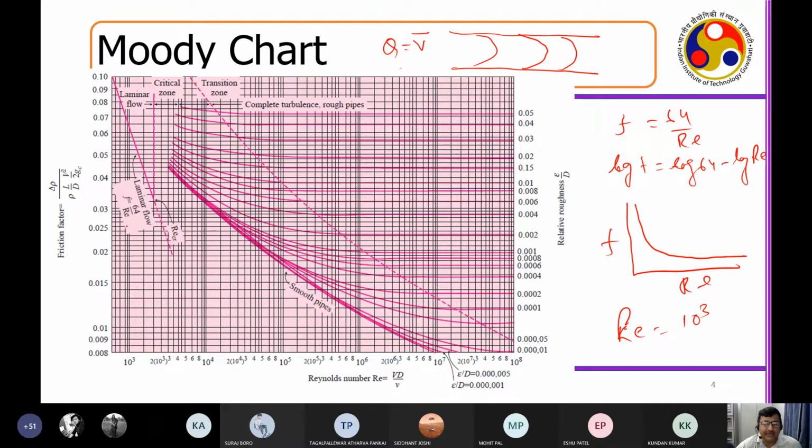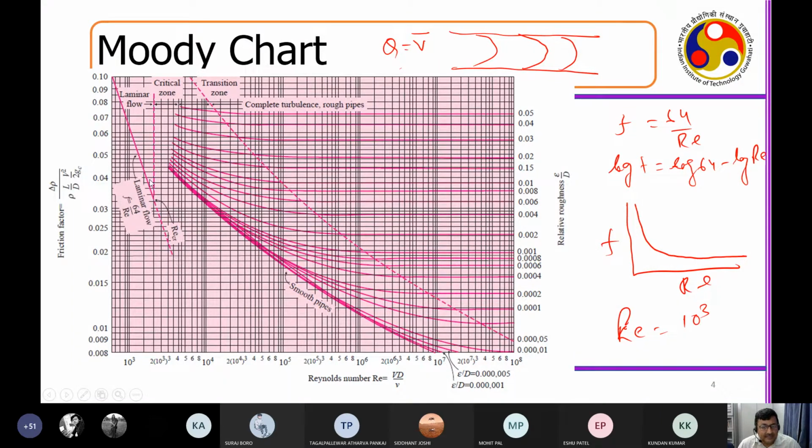Essentially, it will come out to be f if you replace all the Hagen-Poiseuille parameters here. So he first did an experiment by changing the flow rate, and this Moody's chart was first assembled by him. He performed a number of experiments to see that in the laminar regime, if you do a log-log plot, then it becomes a linear profile with a negative slope.